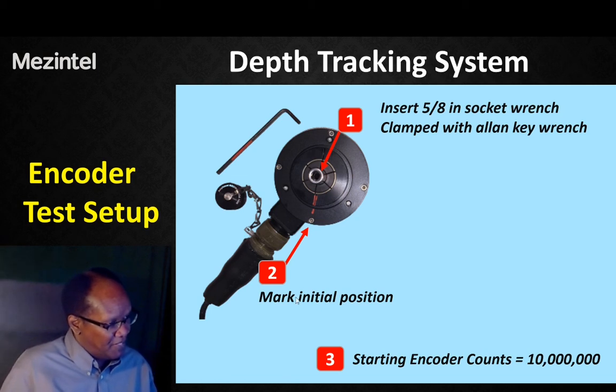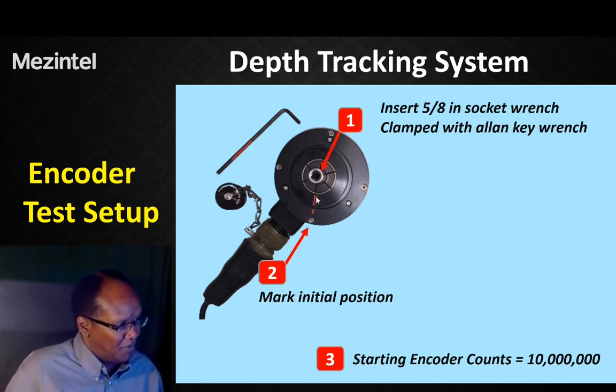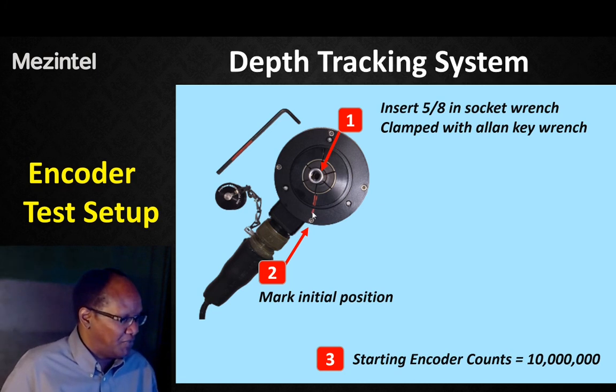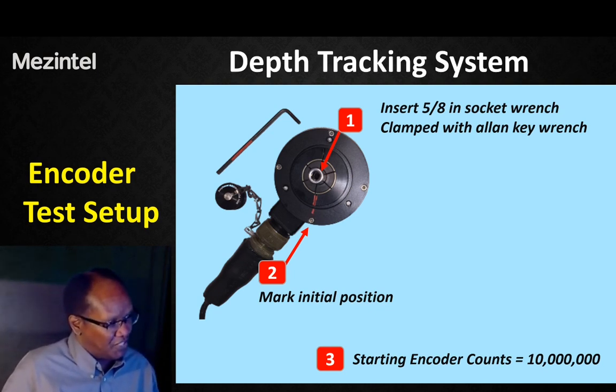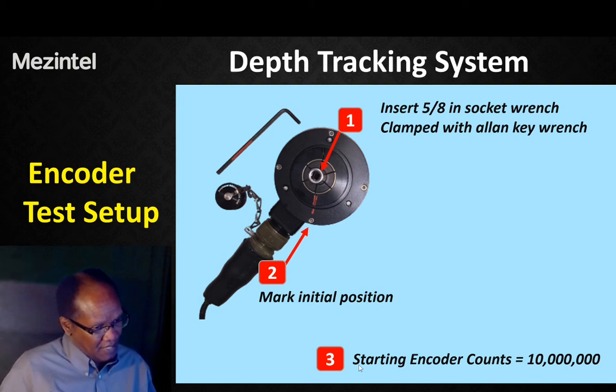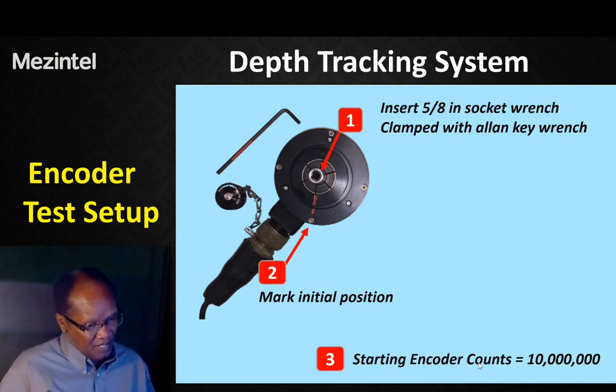The second step is to align, is to put a marker on the rotating part of the encoder and to line it up with another marker on the housing of the encoder, and this one will be marked as the initial position before we start doing the rotation test. And step number 3 is to verify that the encoder initial counts are 10